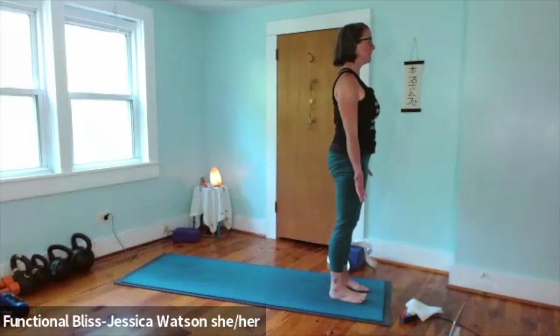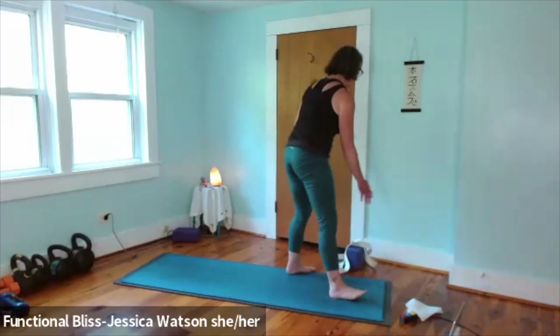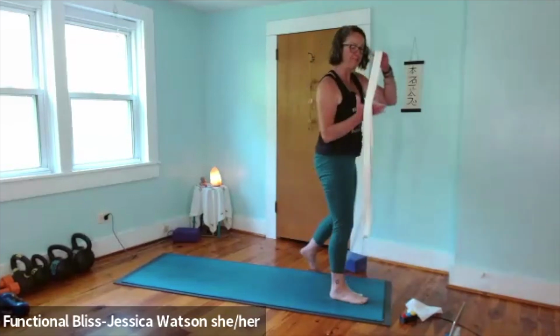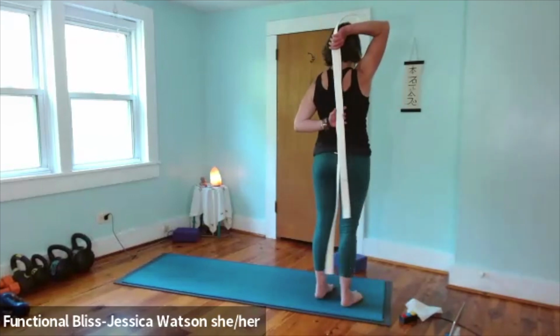Pause here for a moment, just to come back to your breath. Take one more breath. And now if you like to use your yoga strap for that cow face arms with the forward fold, grab your yoga strap or your TheraBand. We're going to take it and just drop it down the back of the body, re-grab with the other hand,